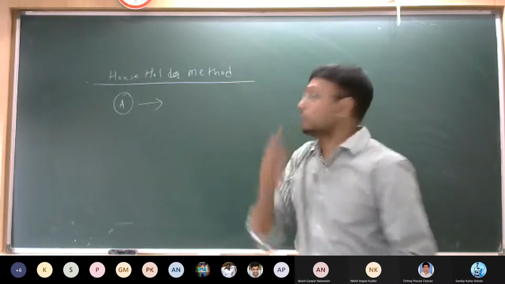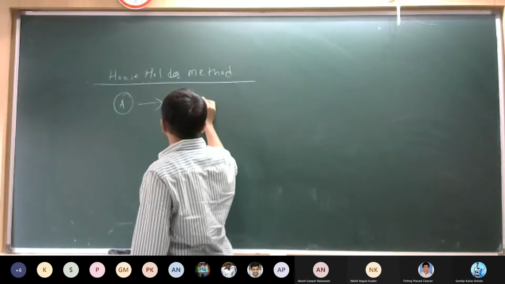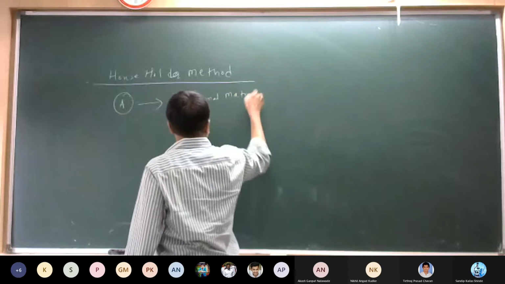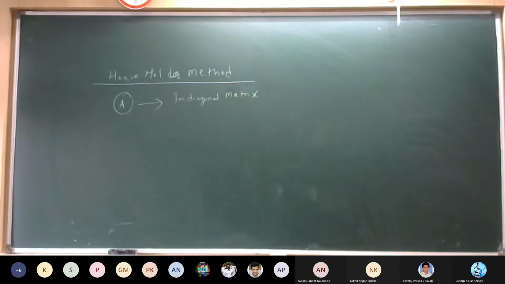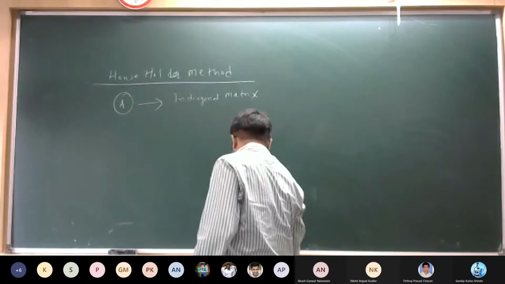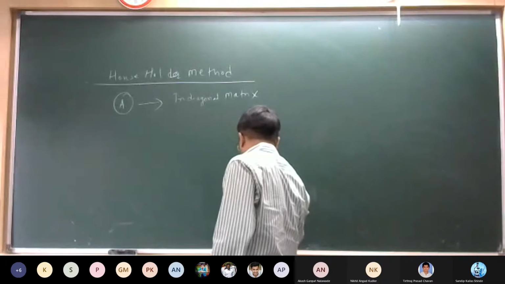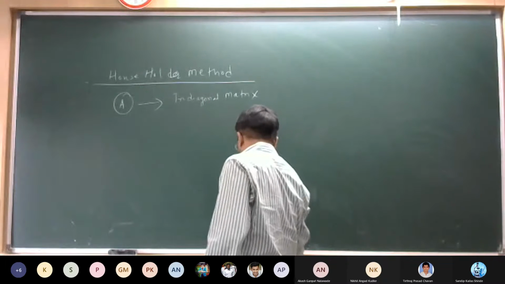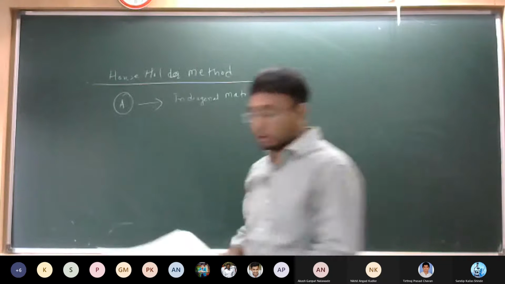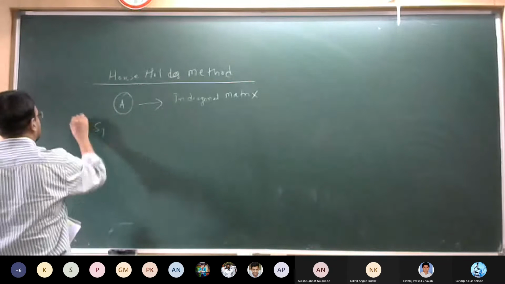Okay, the question would be asked to convert the A matrix into the tridiagonal form. So a simple procedure would be there, and we need to adapt that particular procedure, whatever steps are given. In the last lecture we have seen that first we need to calculate the value of S1.